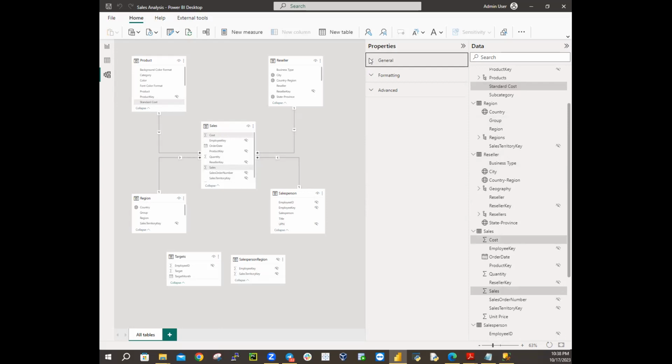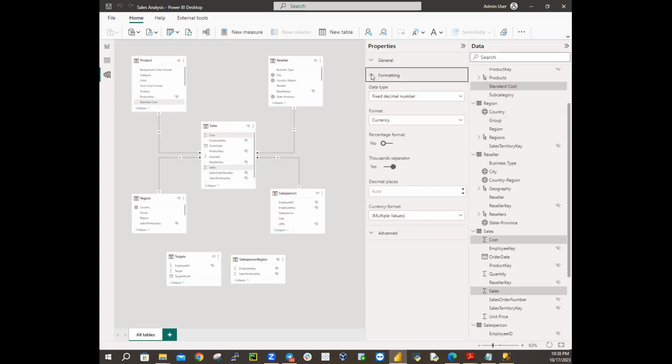Yes. Hello? Then after the 3 has been selected, you can leave your control key, come under property formatting. Formatting under your property. Set the decimal places for your standard cost and sales to 0. Click inside your decimal places and put 0 there and enter. So when you are through with that,